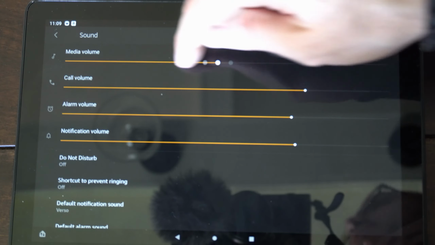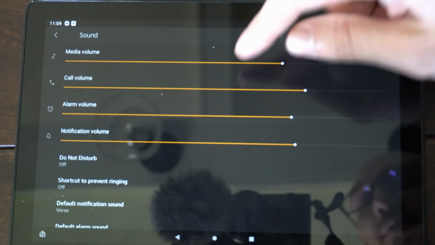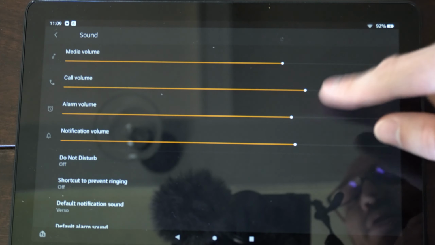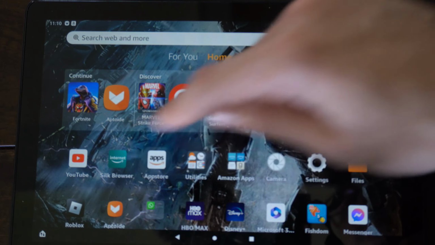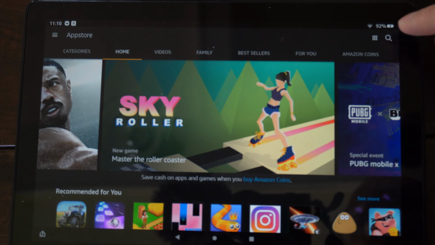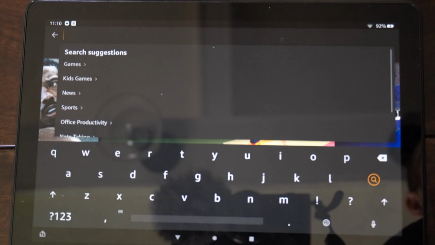So media volume will be like your YouTube videos, etc., Netflix. So just in here, make sure it's loud enough. Otherwise, what we can do is go to the App Store right here. Go to the search icon right here and type in volume